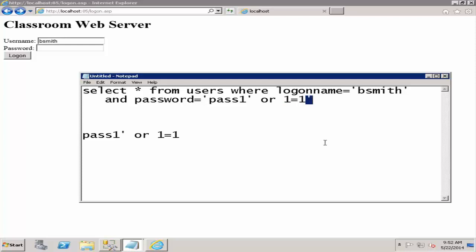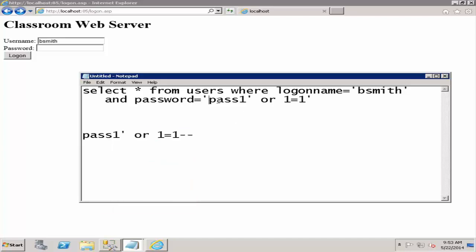There is one more problem the hacker has to overcome, and that is the fact that if the hacker closes the quote, then there is a quote over on the end. That's a mismatched quote. It has no closing. So what the hacker can do is go back to the password box and throw in a dash dash. And a dash dash is a way of commenting out remaining code. It tells the application to ignore anything after this. So if the hacker was to do this,